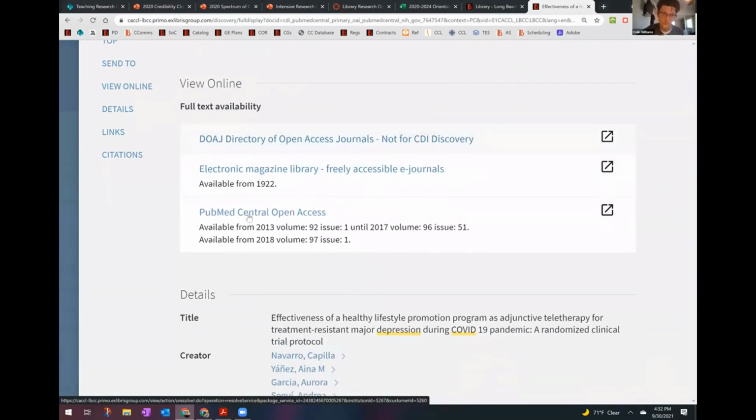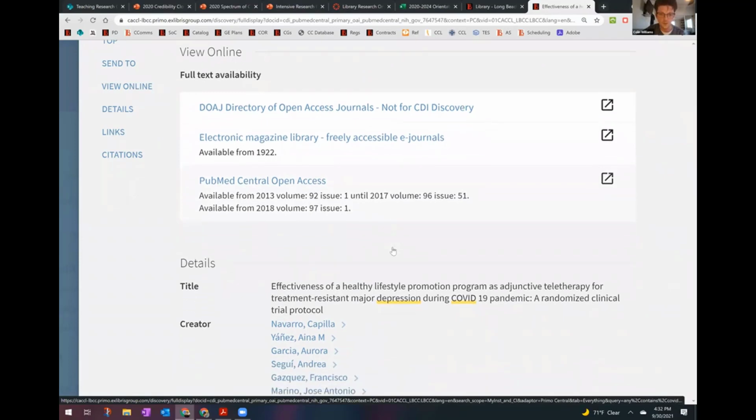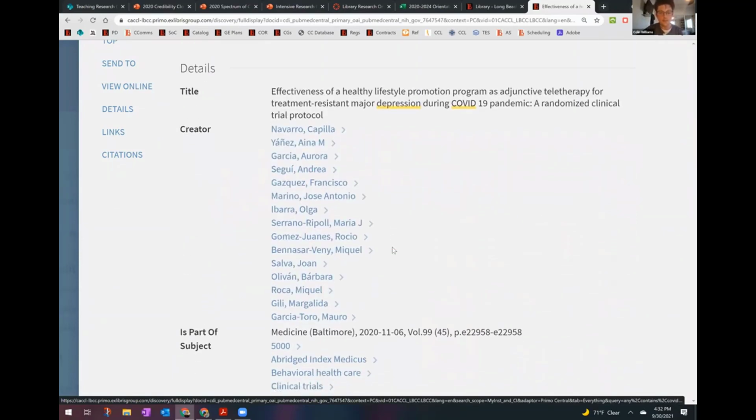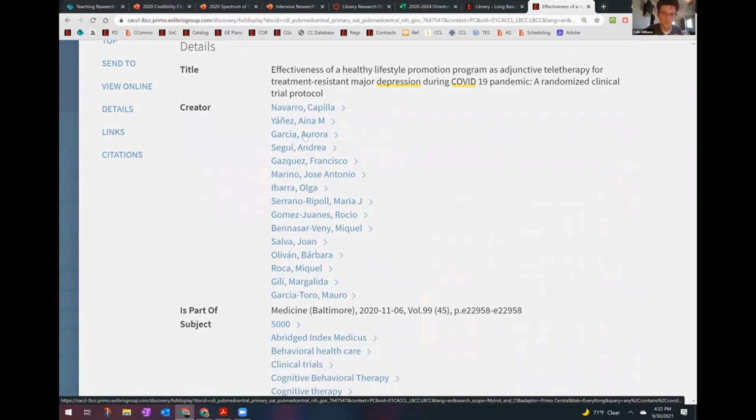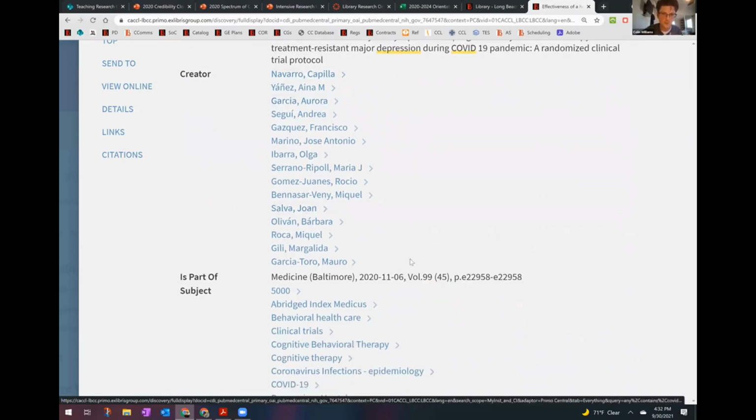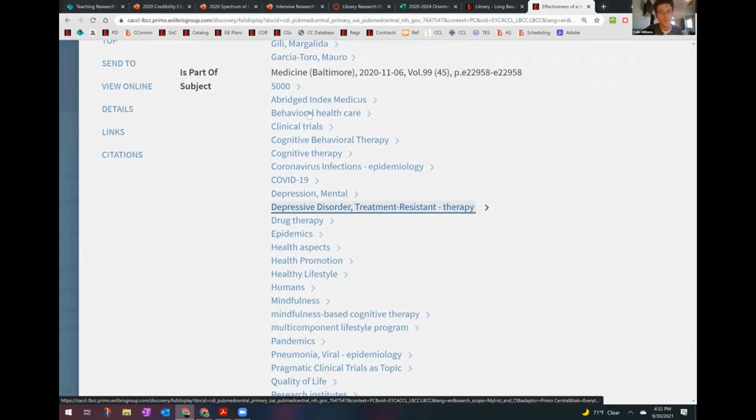And okay, wow, so this article actually appears in a number of databases. So we could click on any one of those to read the article. And then below that, here's where we're seeing that card catalog stuff. We're seeing the title, we're seeing who wrote and who contributed to this research. And we're seeing all these